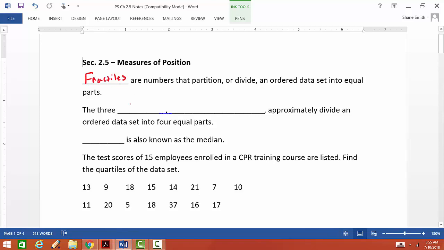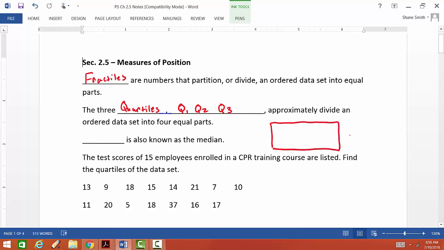One of the more common fractiles are quartiles. And quartiles are denoted by Q1, Q2, and Q3. So there are 3 quartiles, which divide a data set into 4 parts. And some people ask themselves, well, aren't they quartiles? So why are there only 3 of them? Well, it's because it divides a data set into 4 parts. So one way to think of this is,